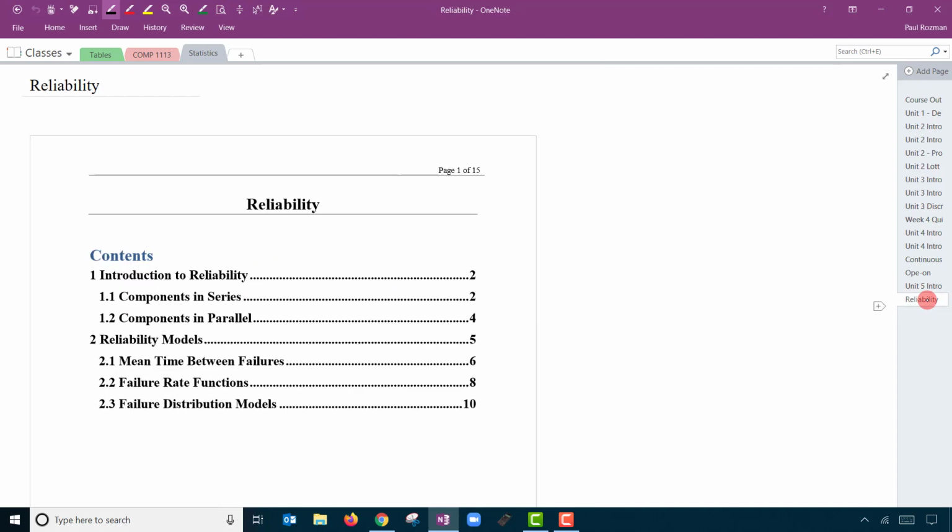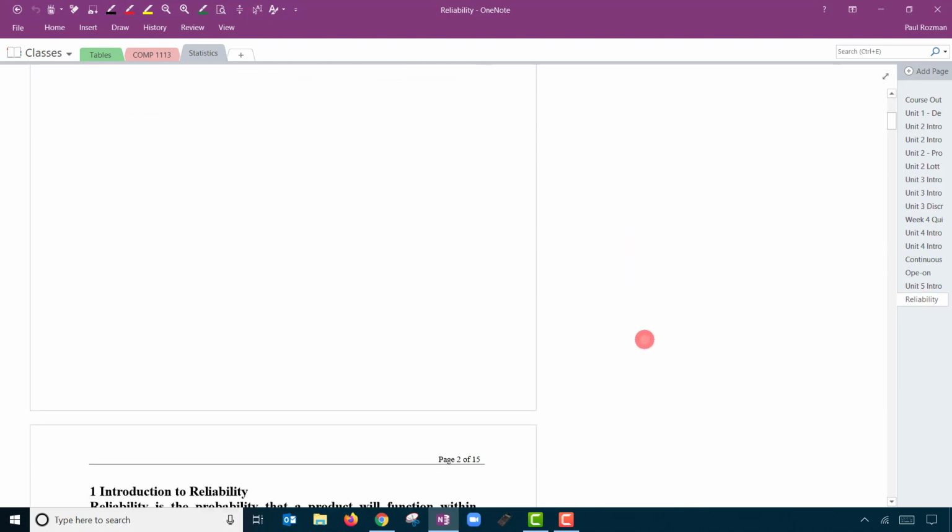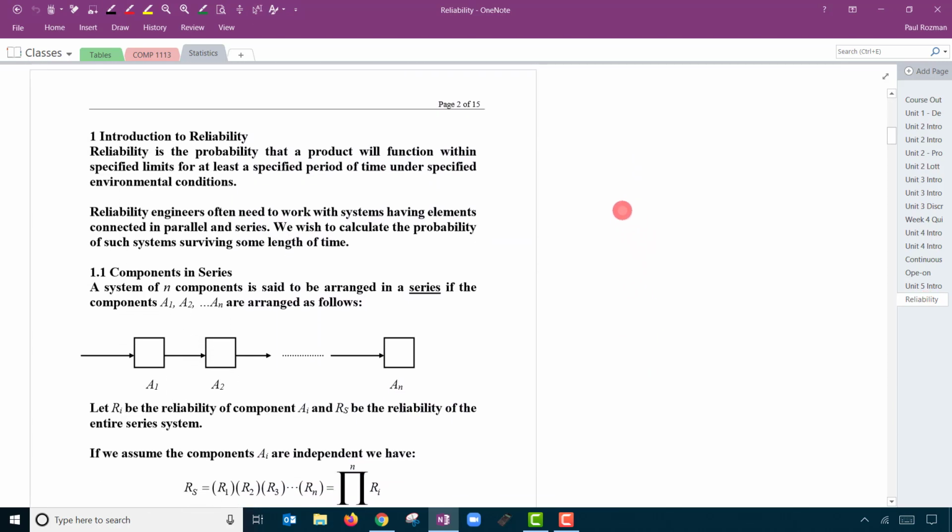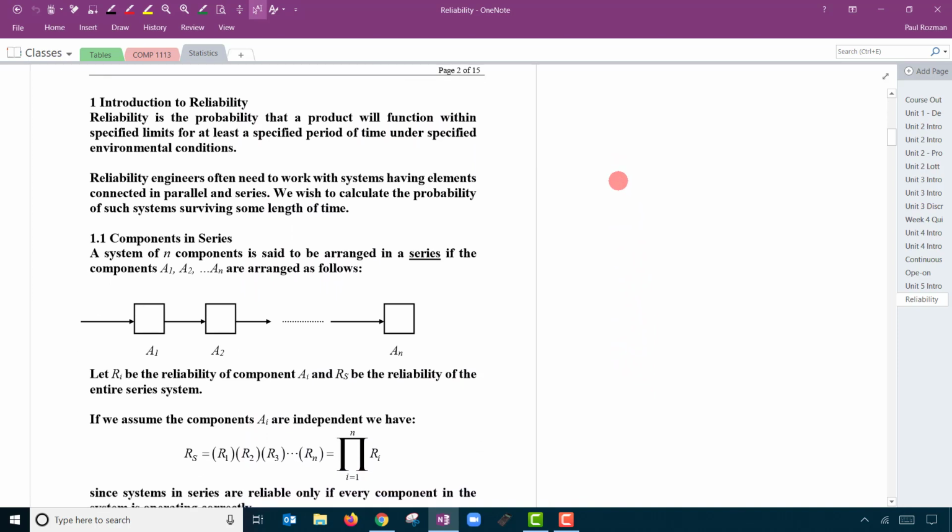Unit 5 on reliability. We start out with the basics of reliability by discussing the topics of series and parallel. When you have a bunch of components that are basically in line, we'll describe this system as being in series. And one of the properties of this system is that if any part of it breaks, the whole thing breaks. So if you break the line at any point,